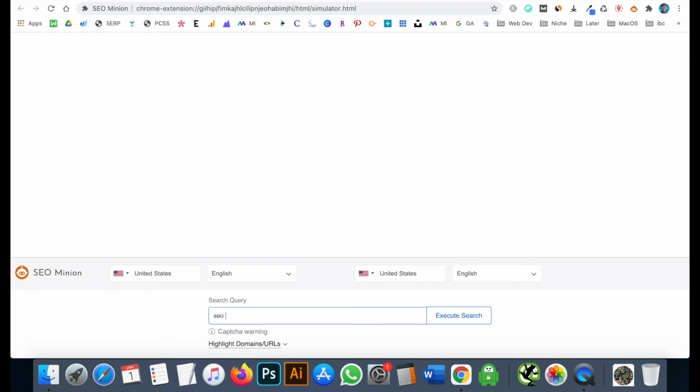Let's say a different keyword, SEO expert in Sri Lanka. I don't know how it is ranked. So I will click this to Sri Lanka. Okay, you can see it just changed. I want to see how it shows in the United States and Sri Lanka for the keyword SEO expert in Sri Lanka.